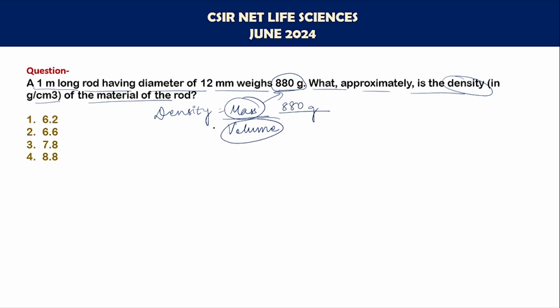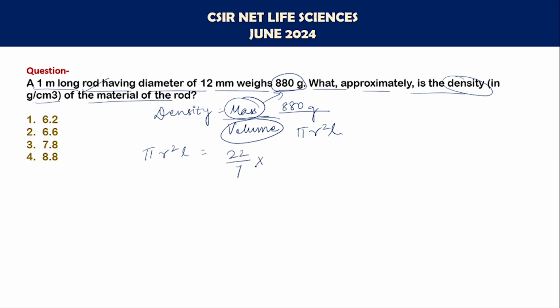And what is the volume of the rod? The volume of the rod means cylinder, that is pi r square L. You have to put these values in the formula and you will get the answer. Let me erase this. First of all, let's calculate the volume, then we will put the values over here. So pi r square L, that is